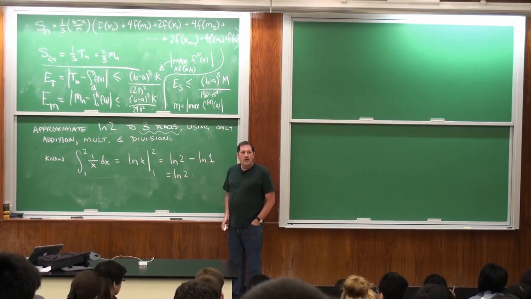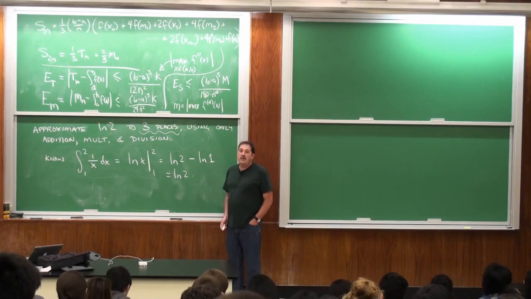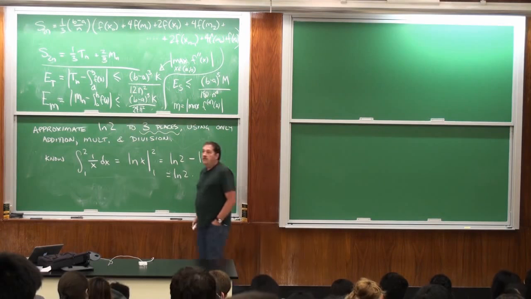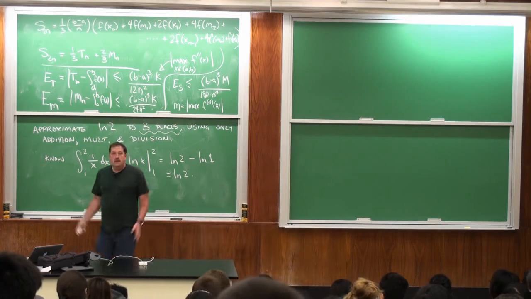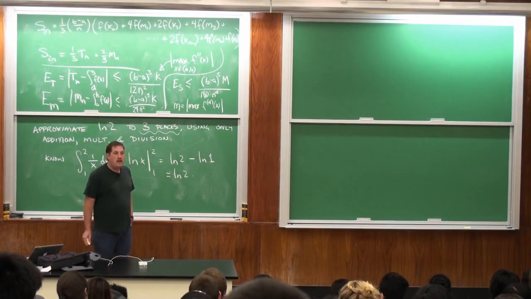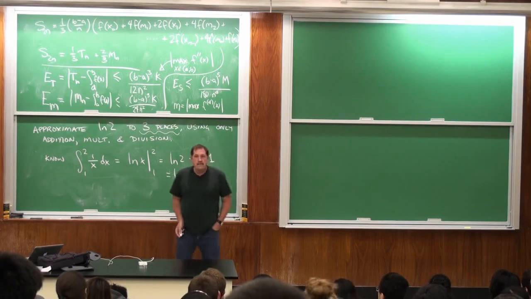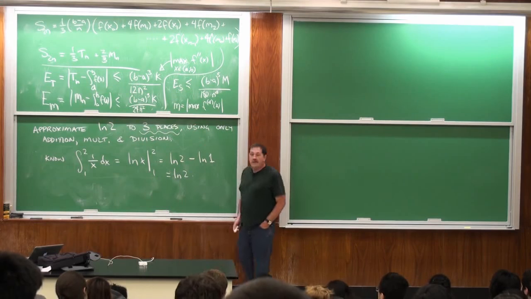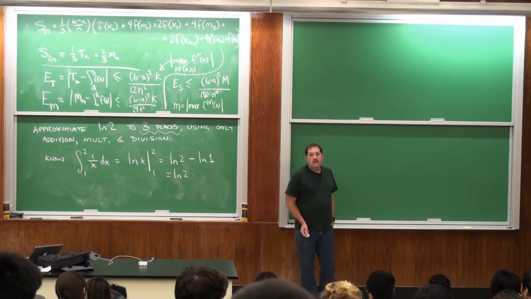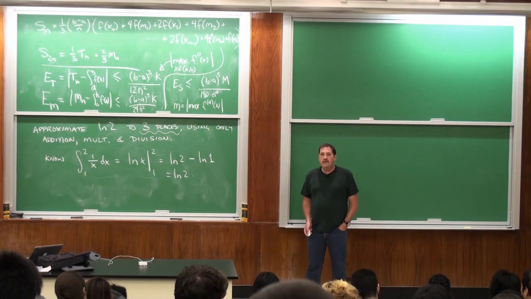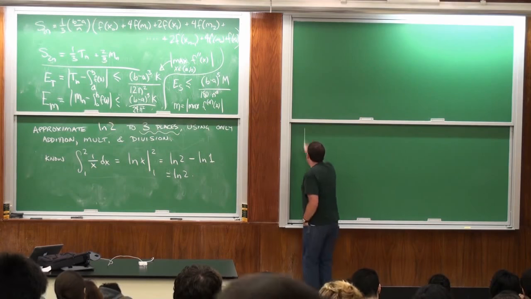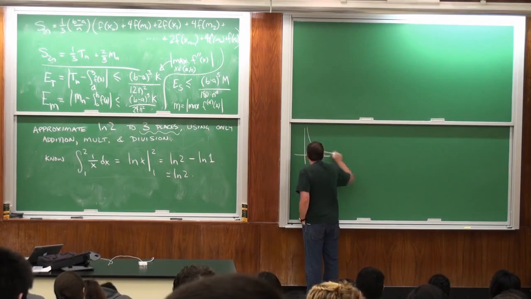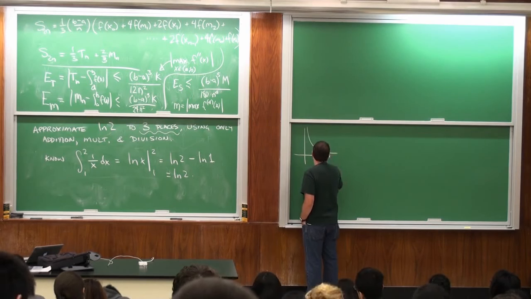How do I know whether I use n equals 5, or n equals 10, or n equals 100, or n equals 4? How can I know? All the required information is on the board. So what do I do next? You graph. Draw the graph, okay. Here's the graph, 1 over x. I want to go from here to here, 1 to 2.